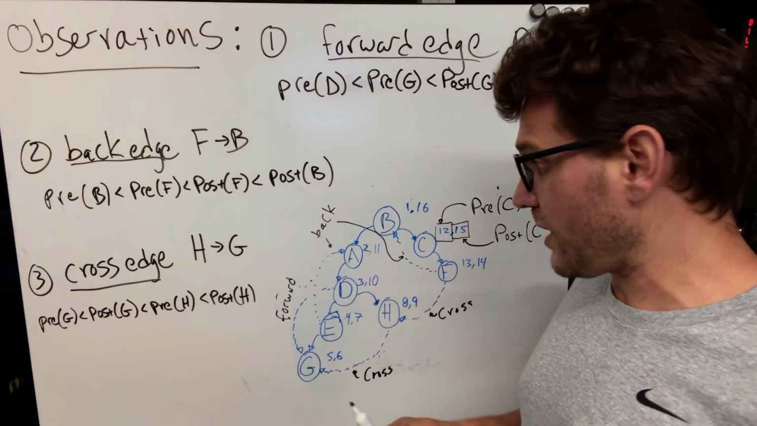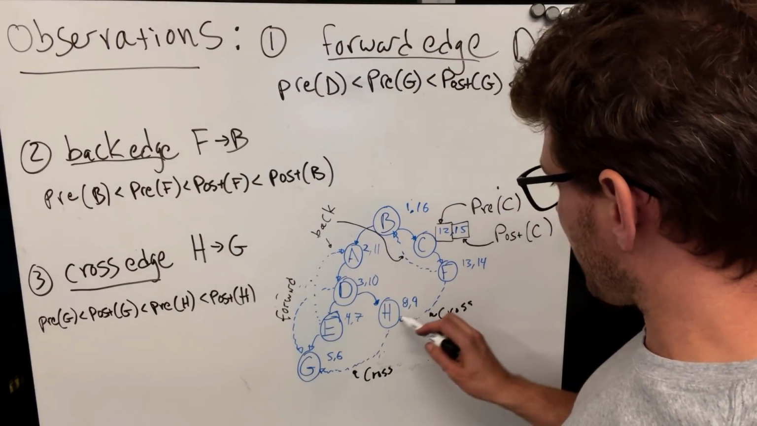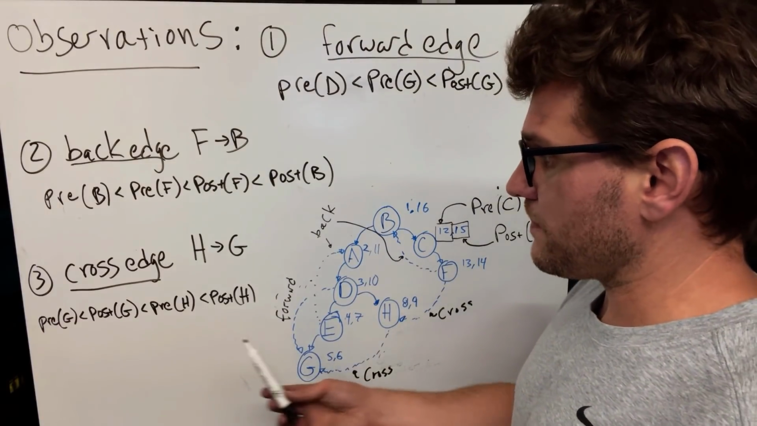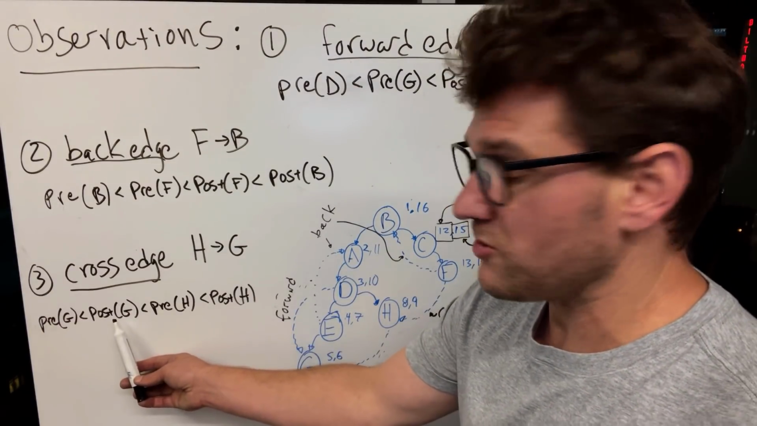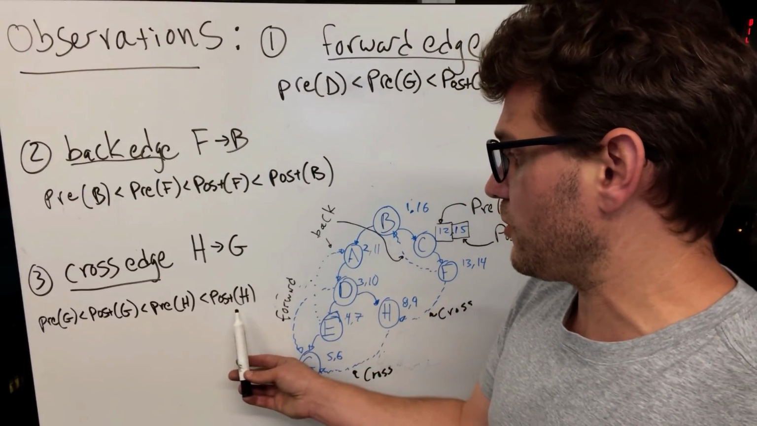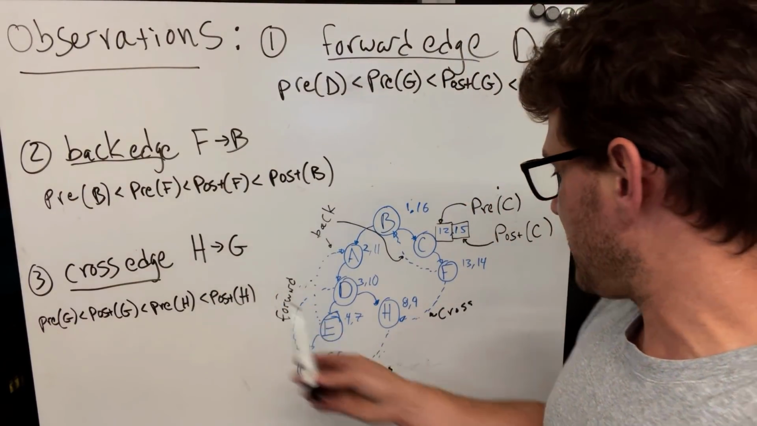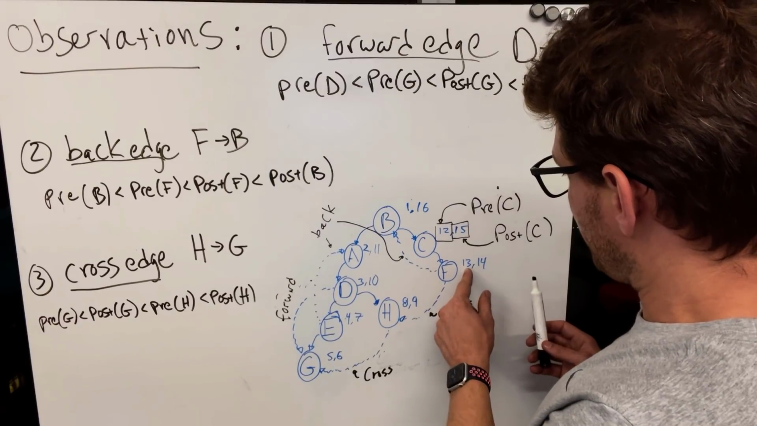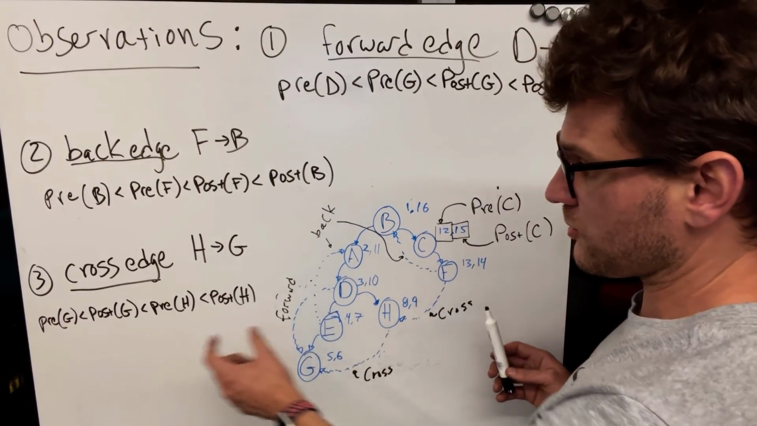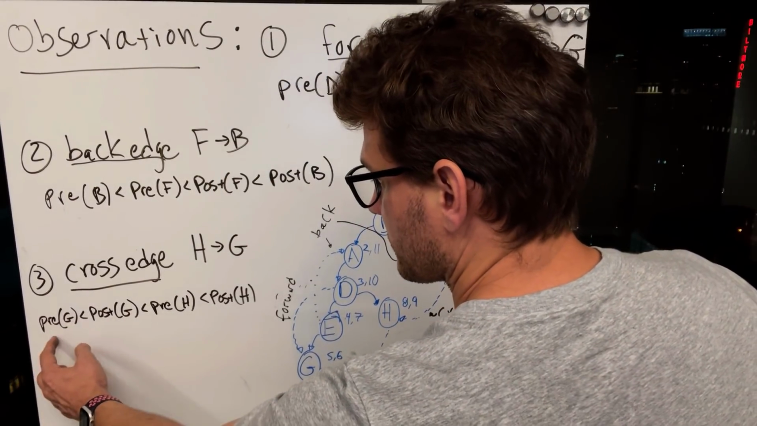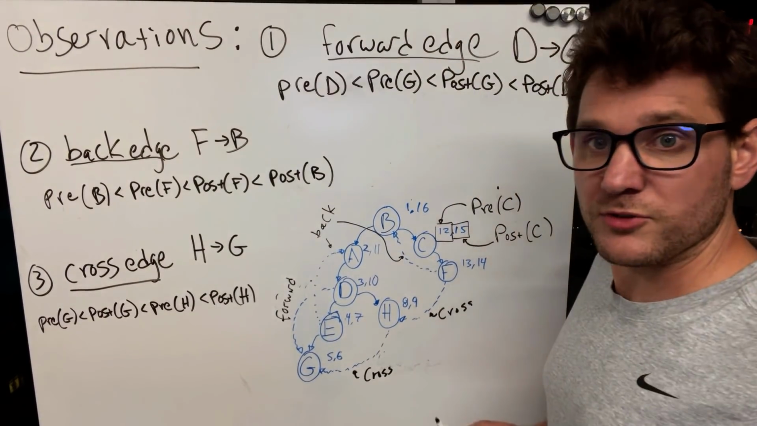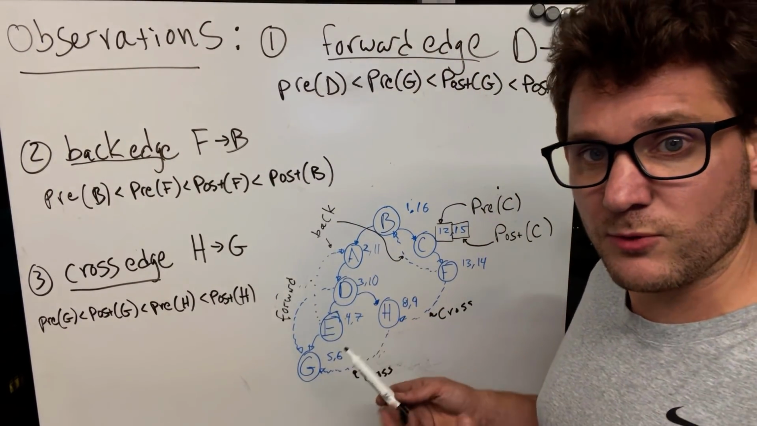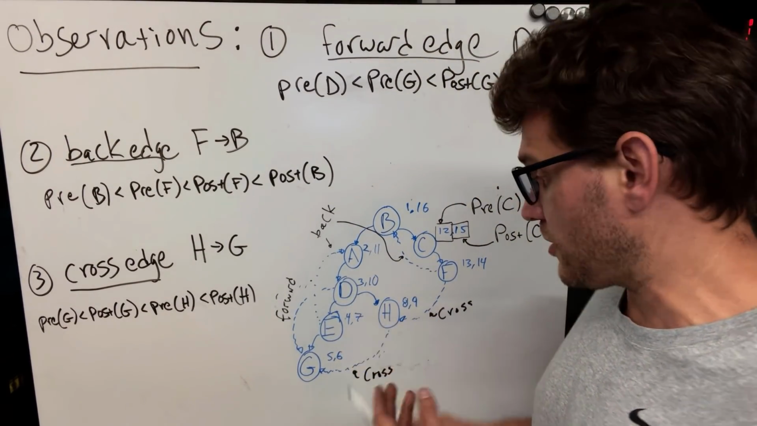Similarly, for a cross edge, when we have this cross edge here, you'll notice that the pre and post of G just don't intersect at all with the pre and post of H. You had this cross edge to H, and you'll notice that there is simply no intersection between 13 and 14 and 8 to 9. There's just no intersection between the pre and post of G and the pre and post of H. And this actually fully characterizes the nature of these dotted edges,